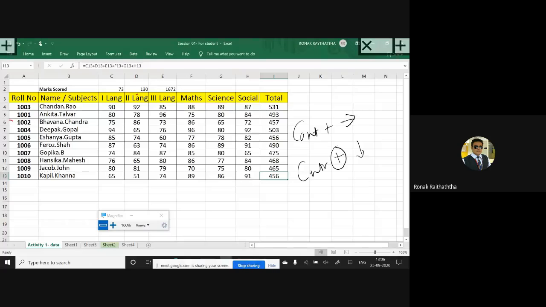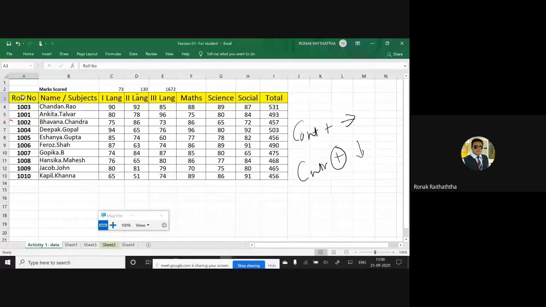Okay, can someone tell me, if I want to go to the left hand side, first cell of the active data range, what should I press now? Simple, Control Left Arrow. Good, thank you. And Control Up Arrow to go to the roll number. So accordingly you can navigate.